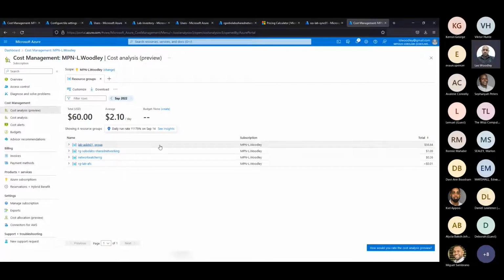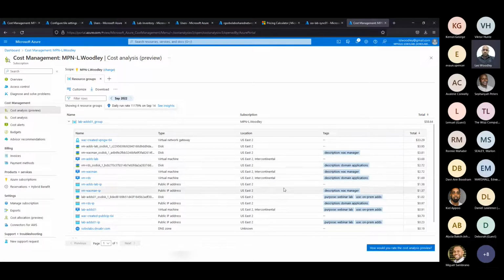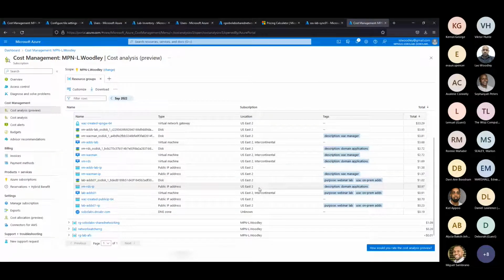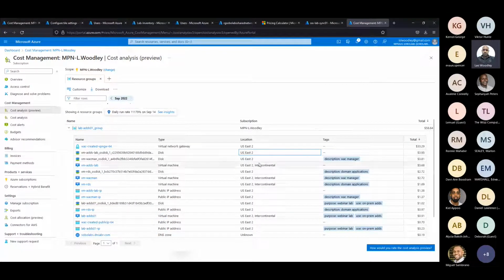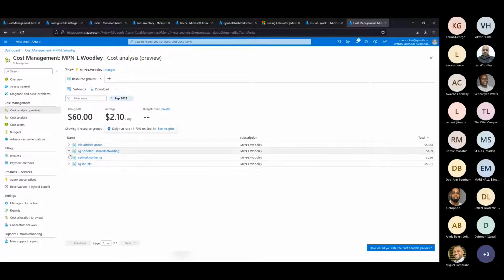While this loads, it gives us an overview per resource group of the overall cost as it stands now, an average per day, and the total. These are all created by the platform insights automatically. We can also drill down into the resource group to get a granular look into the actual components and what they've cost for this billing period. Right.